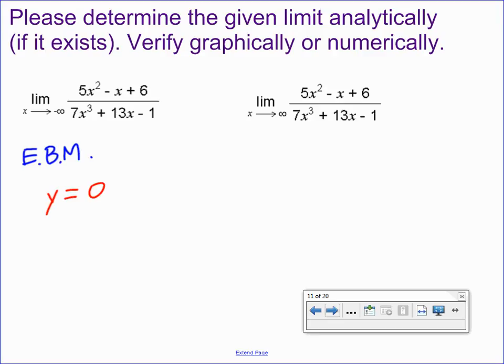If my end behavior model is y equals 0, then what does this function do as x goes to negative infinity? Goes to 0. That's it. As x goes to positive infinity? Goes to 0. Now there may be all kinds of squiggles in between and asymptotes, but because we're looking at x going to infinity or negative infinity, we're only concerned with the end behavior,